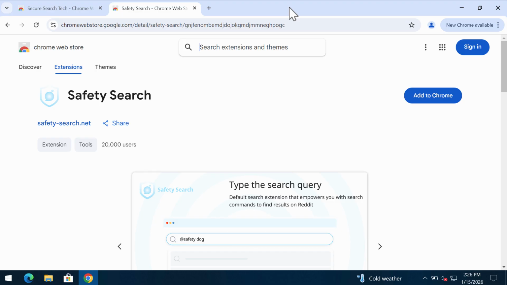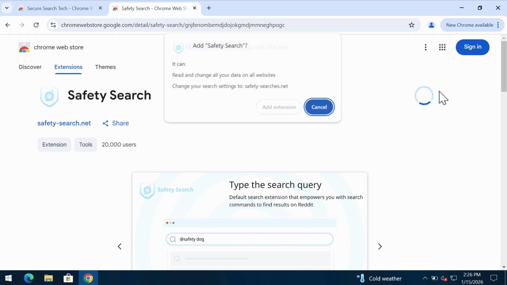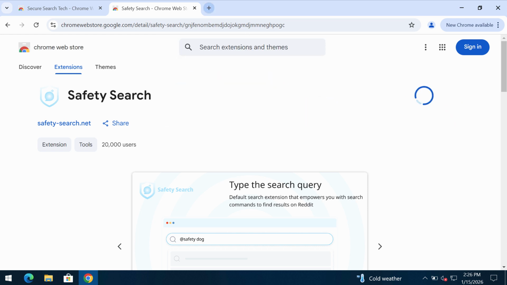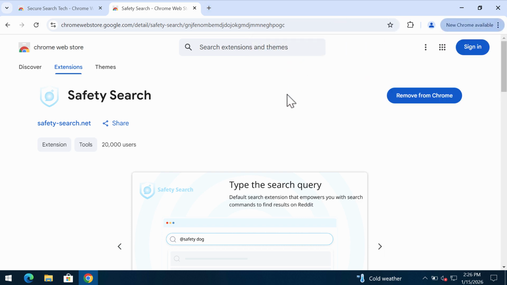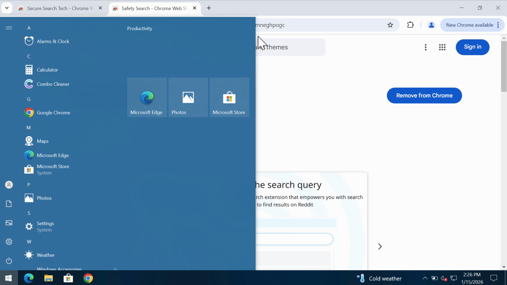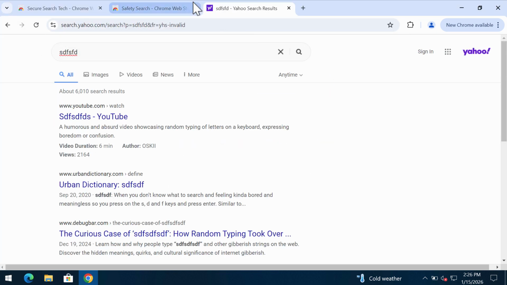This is the video tutorial that will give you recommendations to help you get rid of the browser hijacking extension called Safety Search. There is nothing safe in it, by the way. It's a browser hijacker that changes the default search engine settings without your permission. So, if this extension gets installed, you actually start submitting some search queries and you get the results by some